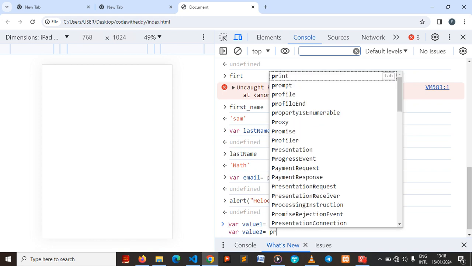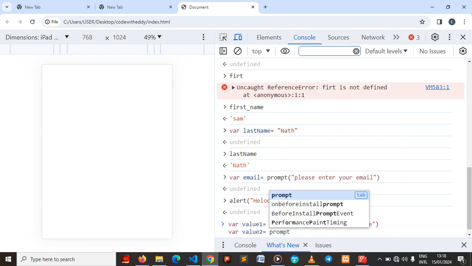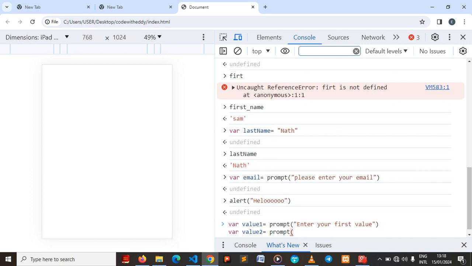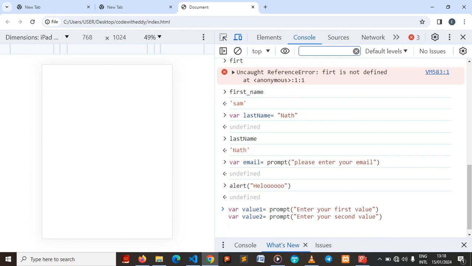equals to prompt, "Enter your second value." Okay, all right. Then after that, let's have some sort of result. Let's call it results. Now the results will be, I will try to multiply value1 and value2. So I will say results equals to